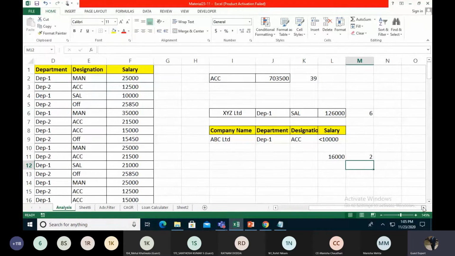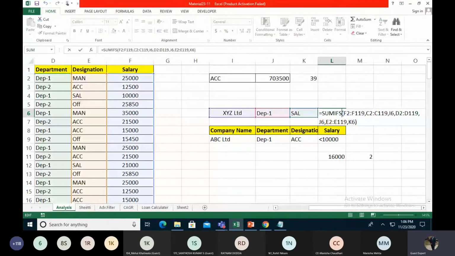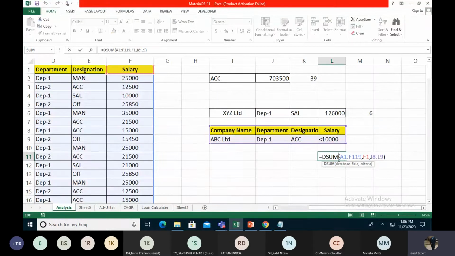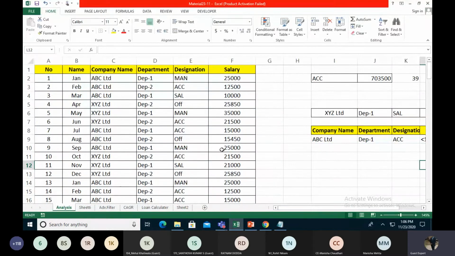So this is the SUMIFS function and DSUM function, where we find out any person's salaries in a particular department, a particular company, and those people who are new joinings with this company or who are the most senior. We also find those kinds of salaries as well. So that is a very useful function: SUMIFS and the DSUM functions. So we are getting all the data.